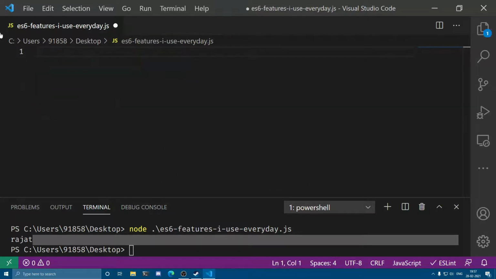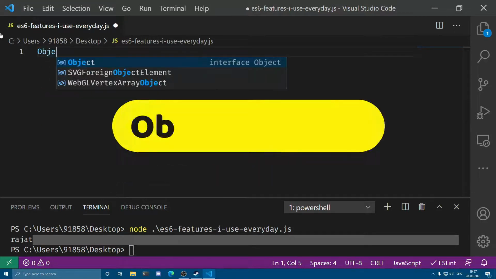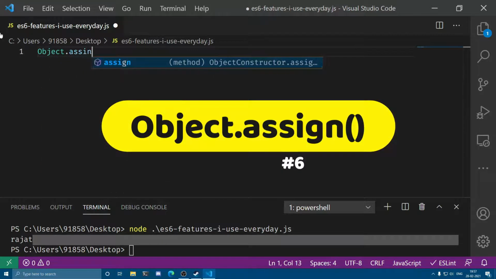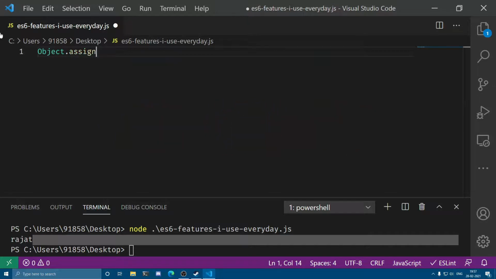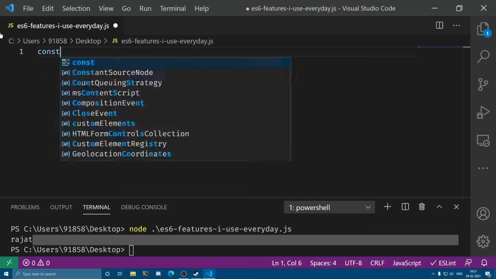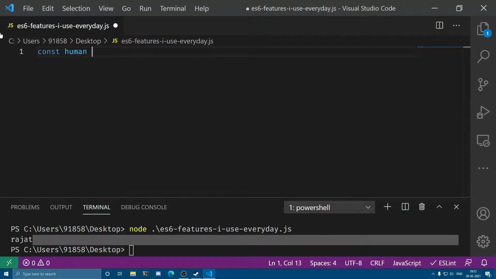The last thing I use almost every single day is the Object.assign function. This function helps you in creating shallow clones of any object or in merging several objects into one. I will show you how. So let's suppose you have an object again, const human. The name is again Rajat, the age is again 33.